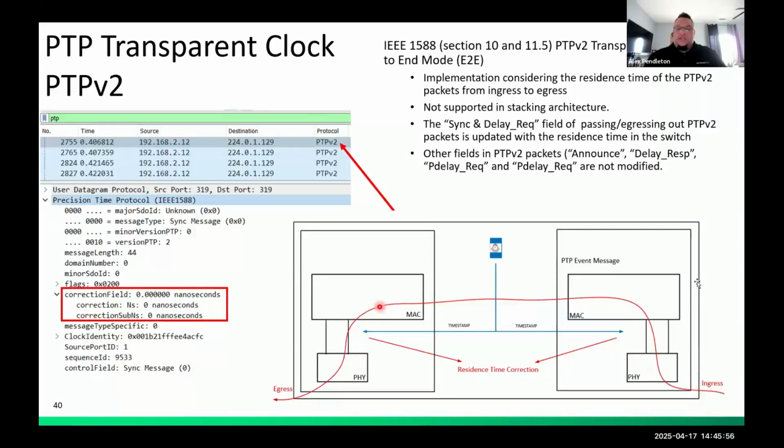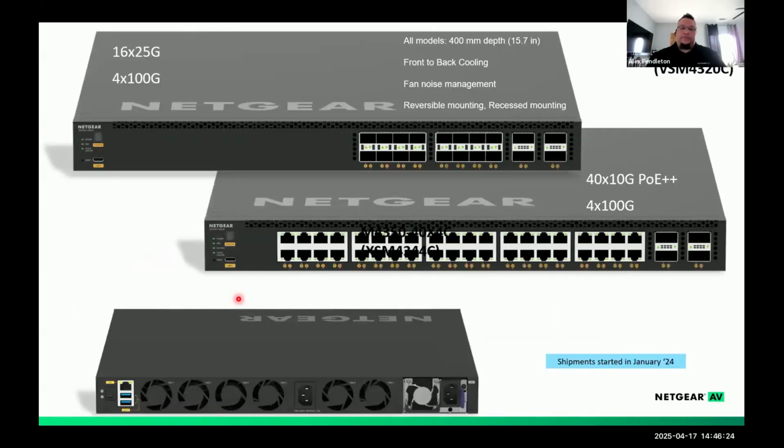And as it leaves that chip and goes out the next port PHY, we stamp it and update it in the correction field with how long that packet spent, in nanoseconds, within the switch. This allows the grandmaster and the follower clocks to understand the communication of that packet happened through a medium. And it gives a better sync and a more dialed in communication between the grandmasters and the follower clocks alike.